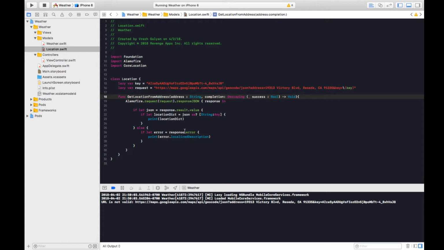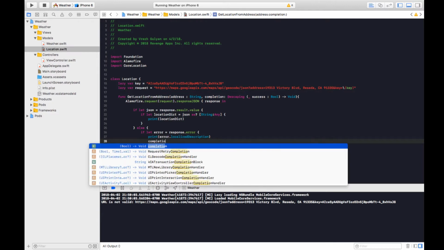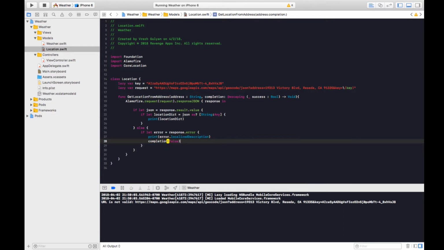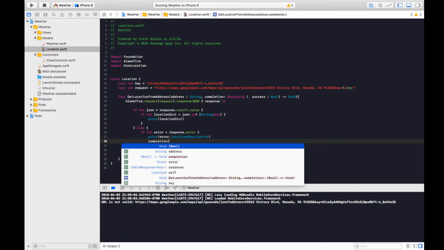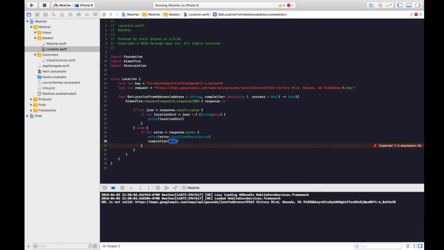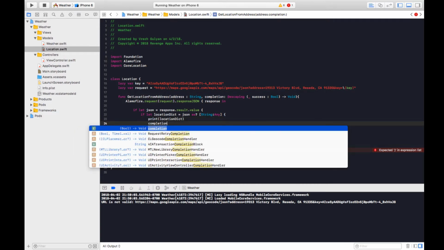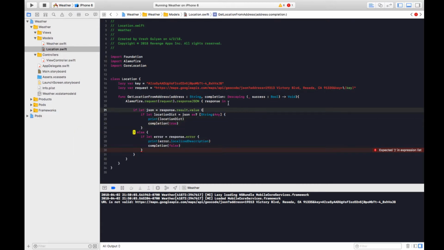completion. So here I would print it out, I guess. Eventually we'll just return the actual error message. So I'll say completion false. And if you see there, when I say completion, it expects a parameter, which is a bool, but I don't have to put in a parameter name. So I'll just say false for now. And here I'll say completion is true. And then instead of